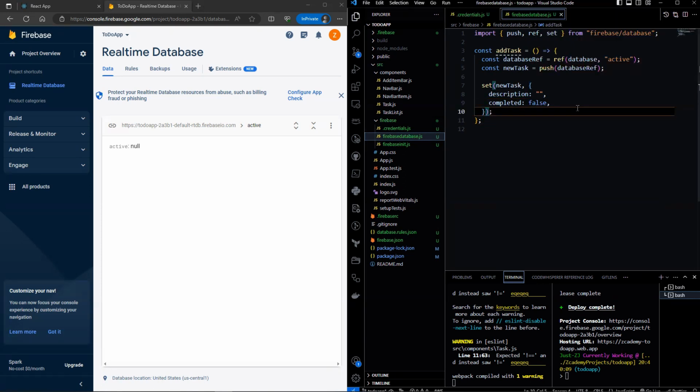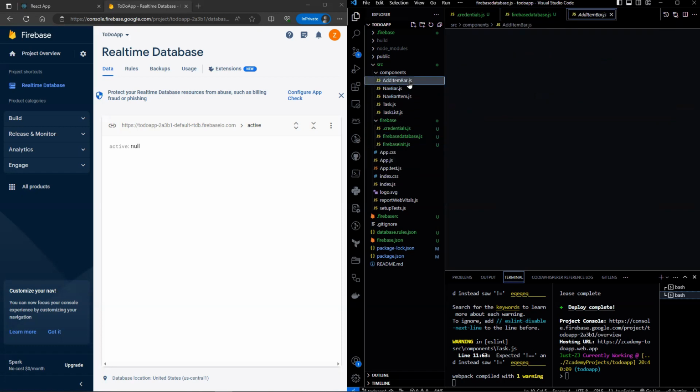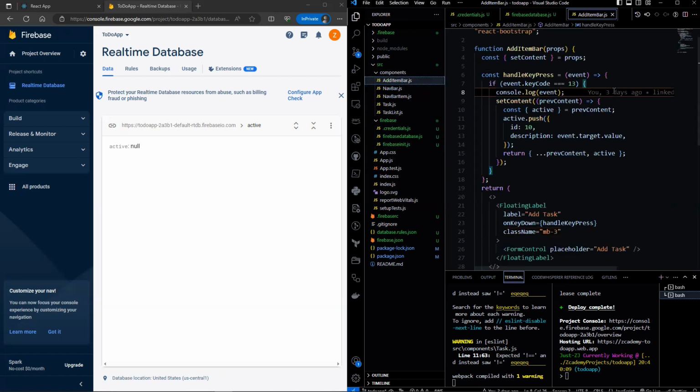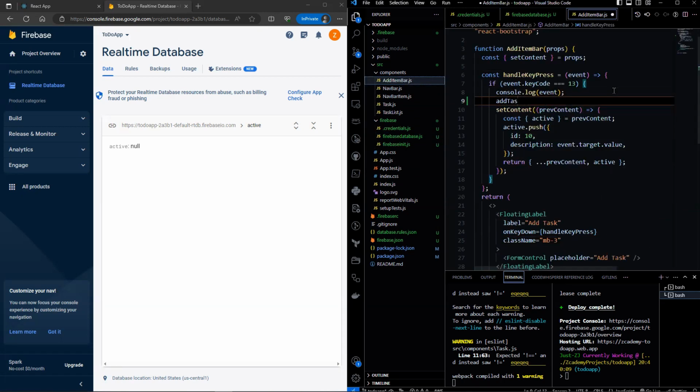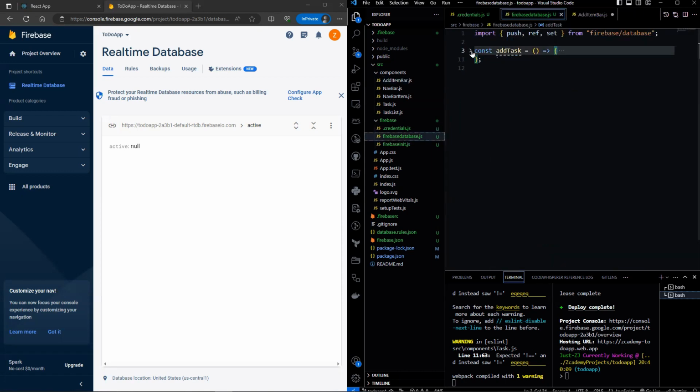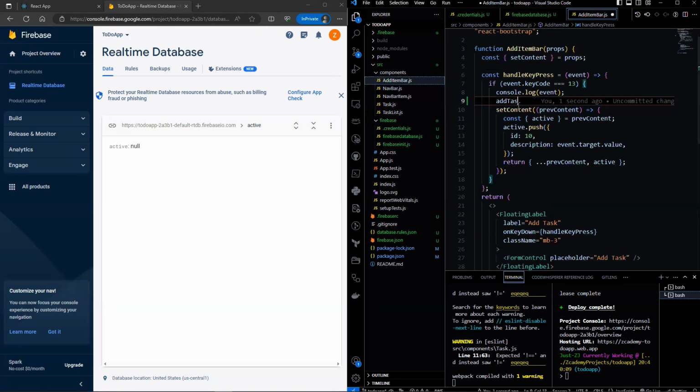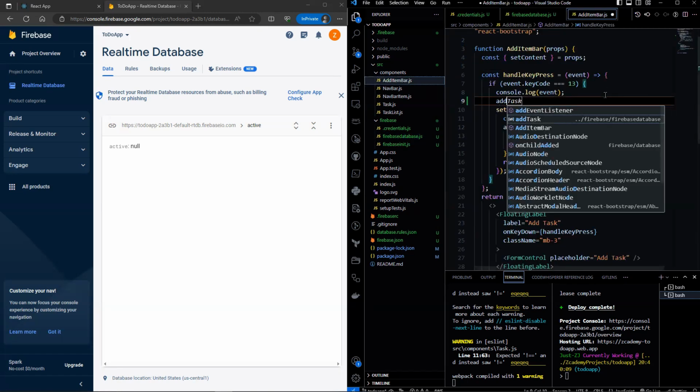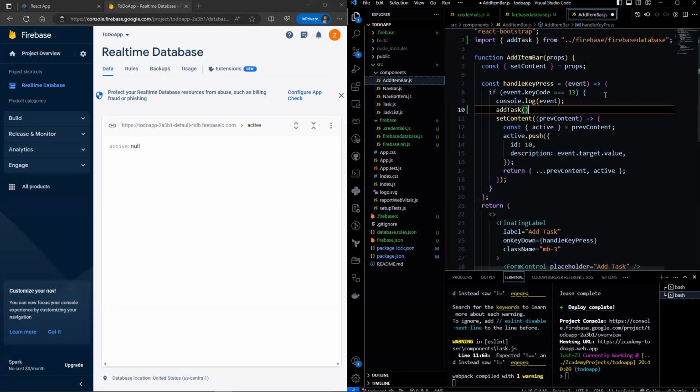Now, let's head over to add item bar. We would have to call this add task function here, but before that, let's export this function. Then let's call add task here, and we should be passing in the description.